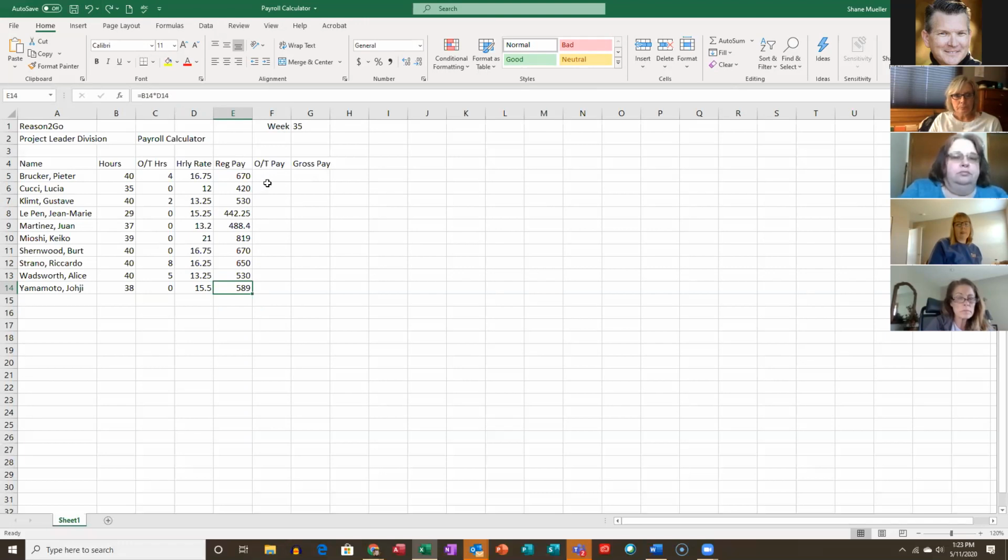So now I want to go ahead and determine overtime pay. I'm going to make it easy. I'm not going to do time and a half. I'm just going to say that overtime pay at our company, and again, the company that we're working for is Reason to Go, right up here in cell A1, is just double time. So when I come up to cell F5 this time, again, we want our overtime pay to be double